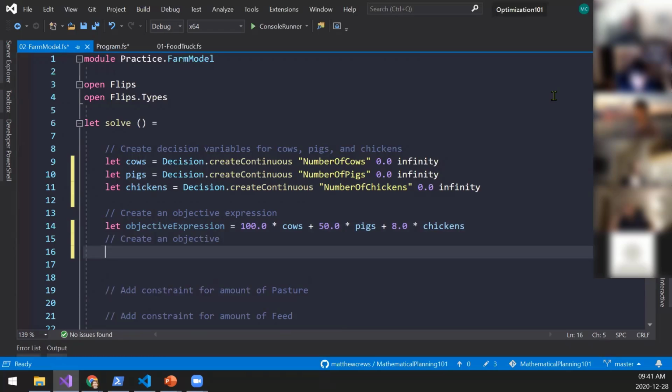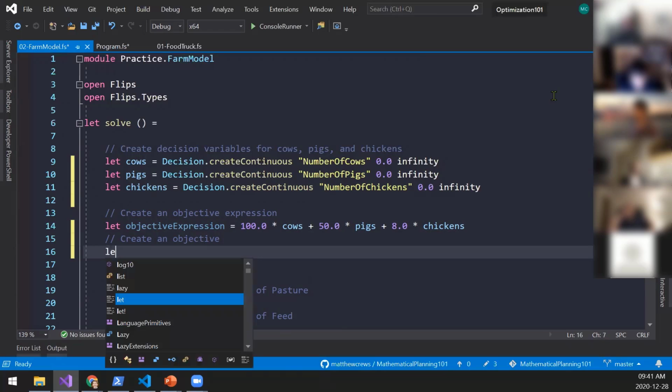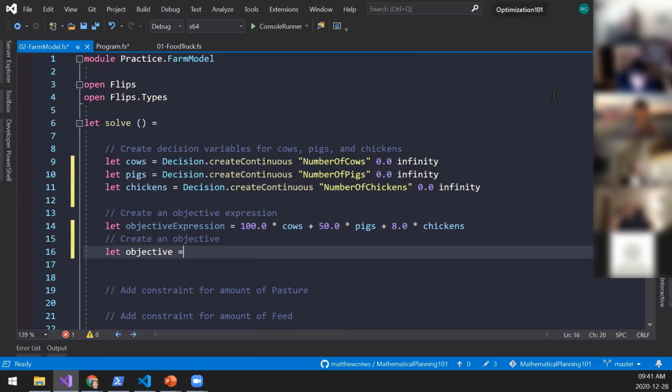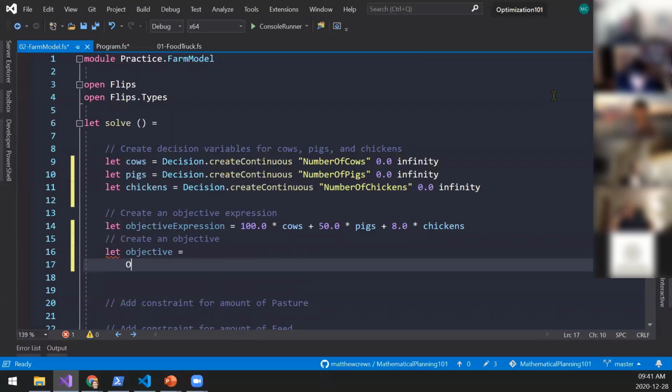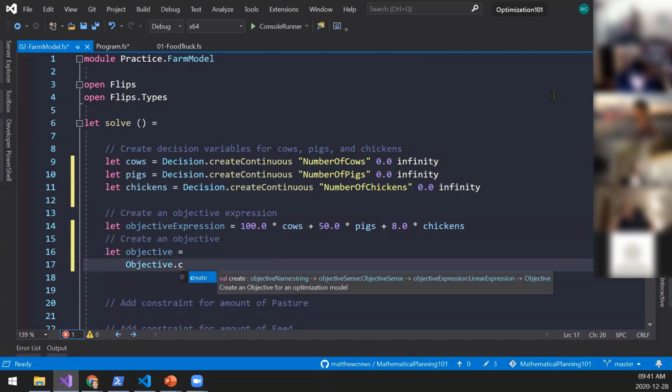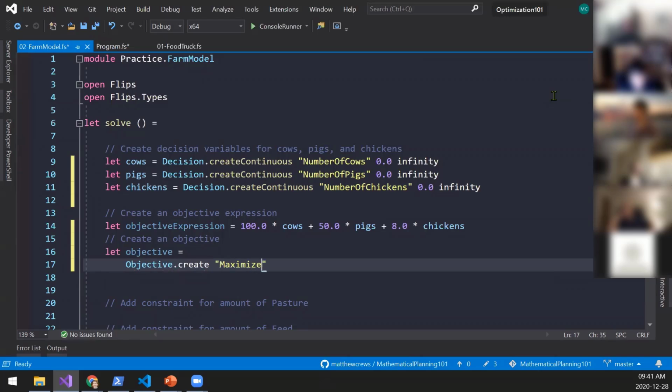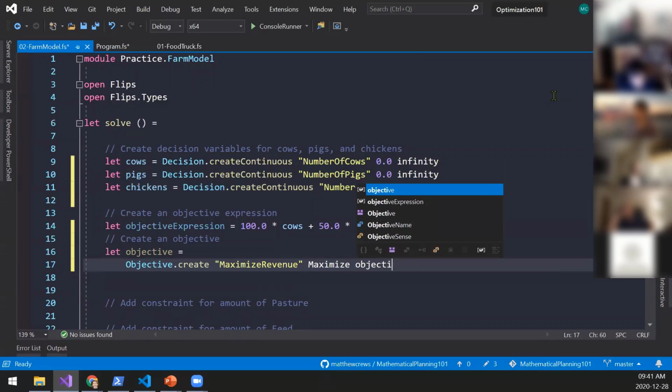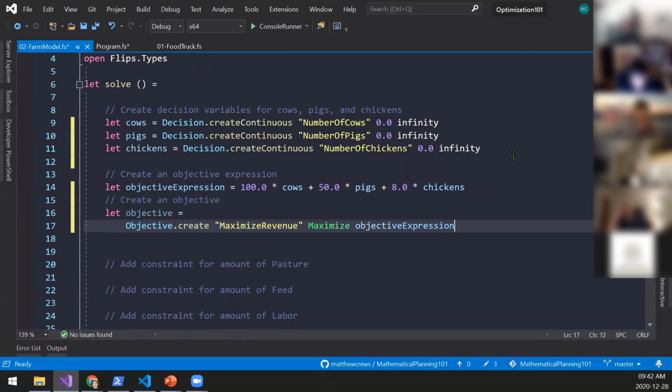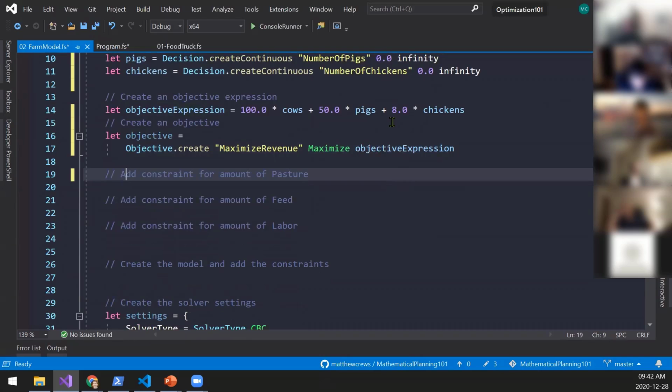And then I need to create an objective using that expression. So let objective equal objective create maximize revenue is the name. I want to maximize, and here is the expression I want you to use.